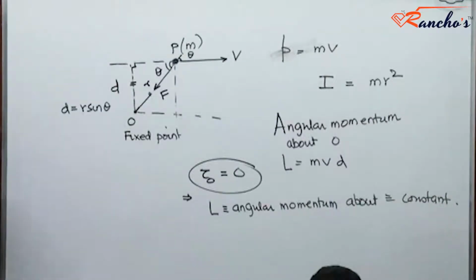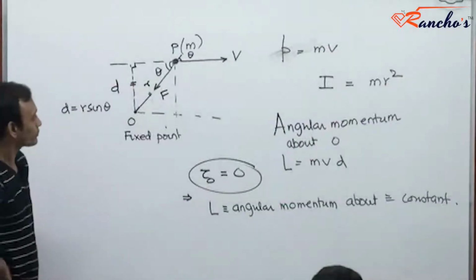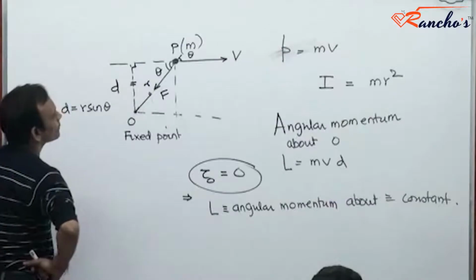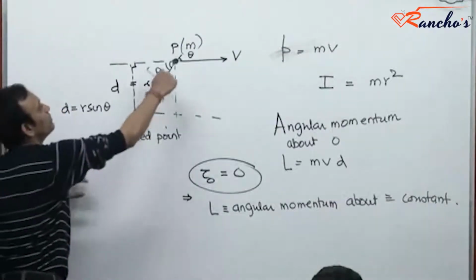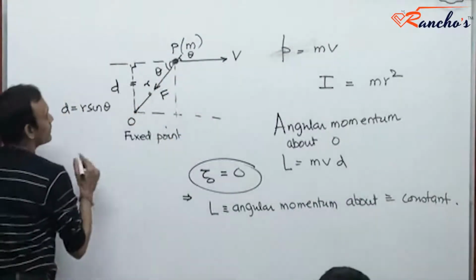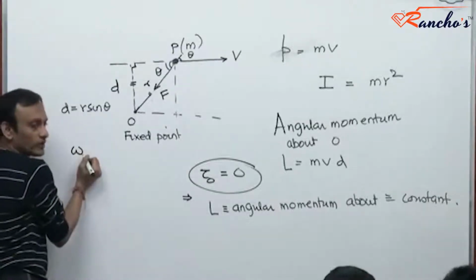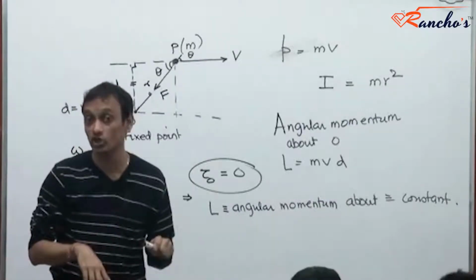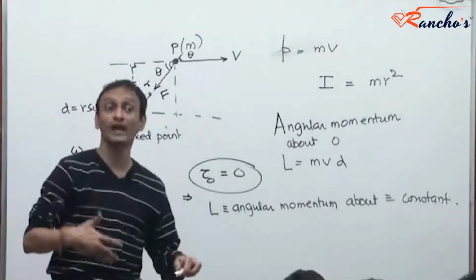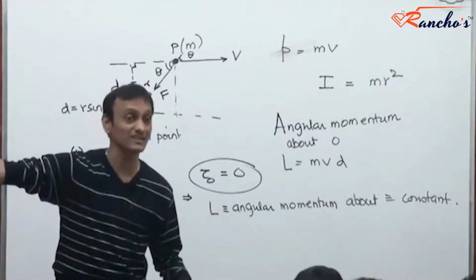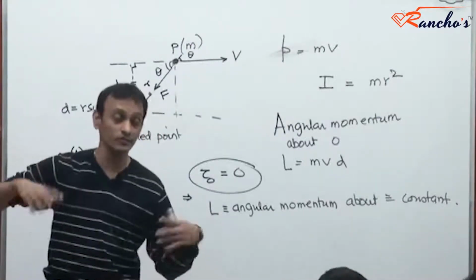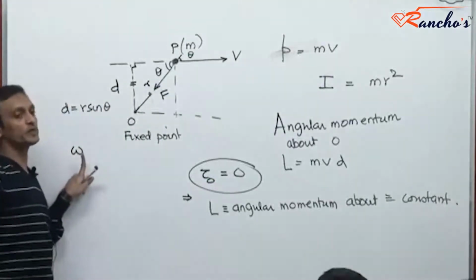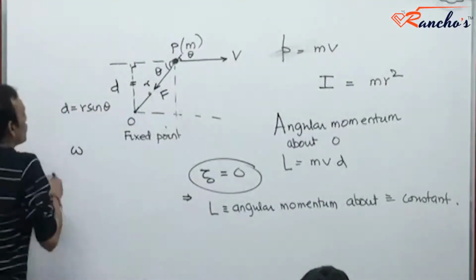We can also show that if the particle P moves in a manner that its angular velocity about O is omega, you don't have to necessarily have circular motion. You can have omega in general. If you would have seen my first class on rotational dynamics, then you would know that omega can be really general. So if the particle has an angular speed omega about O, then its angular momentum about O